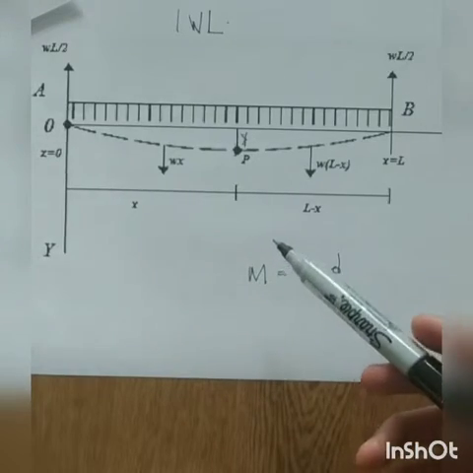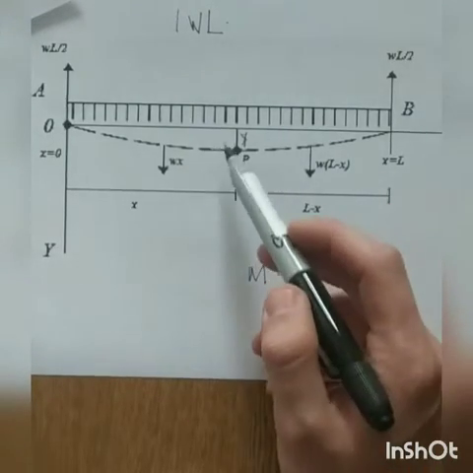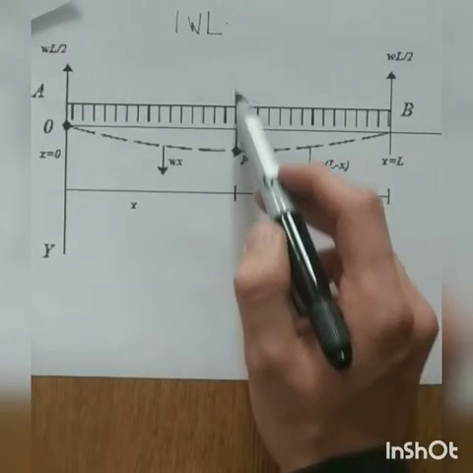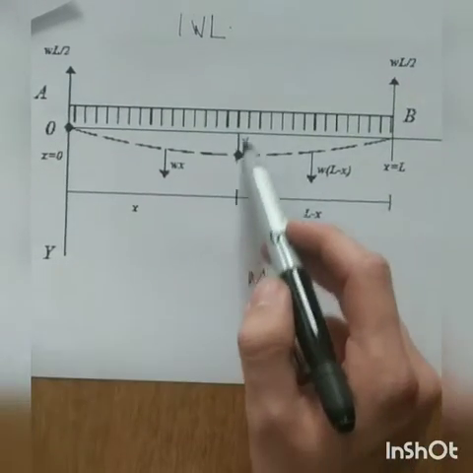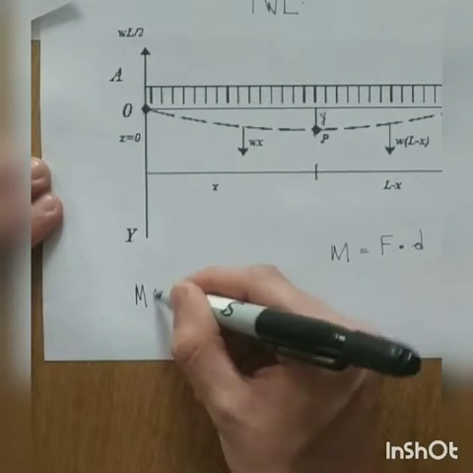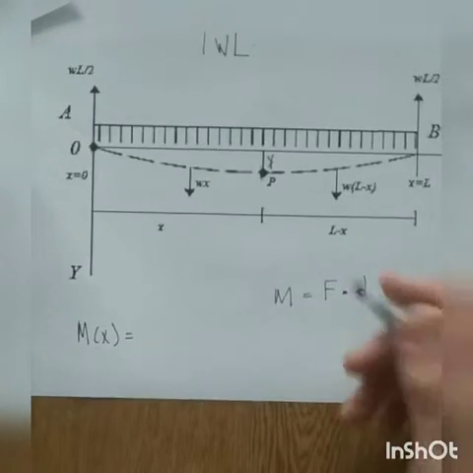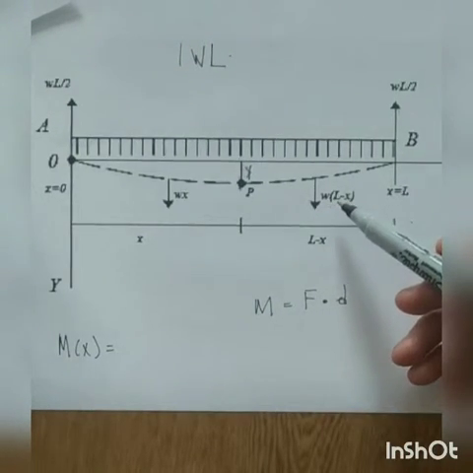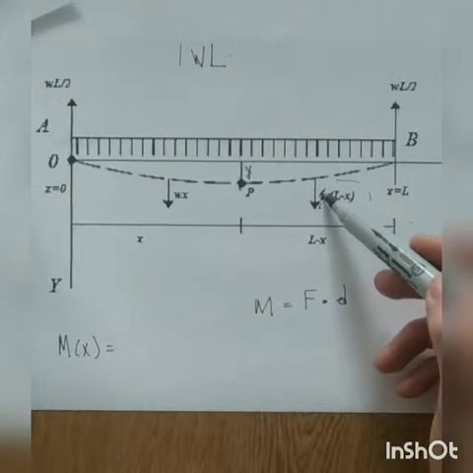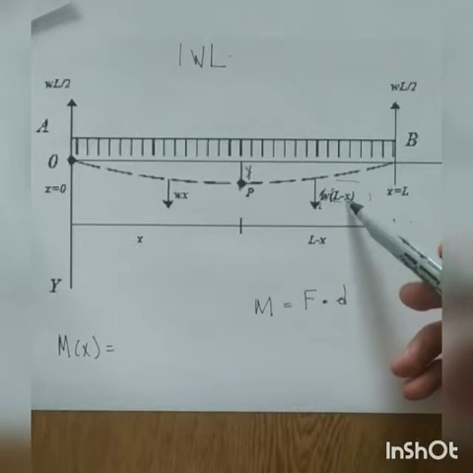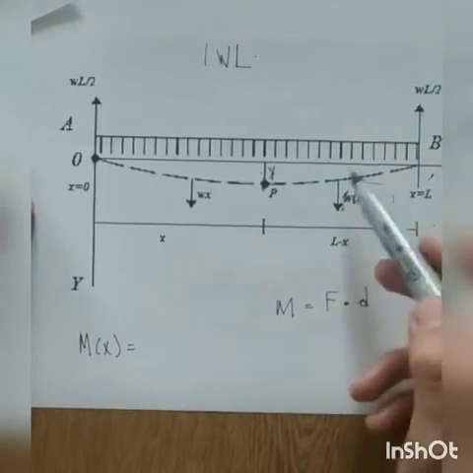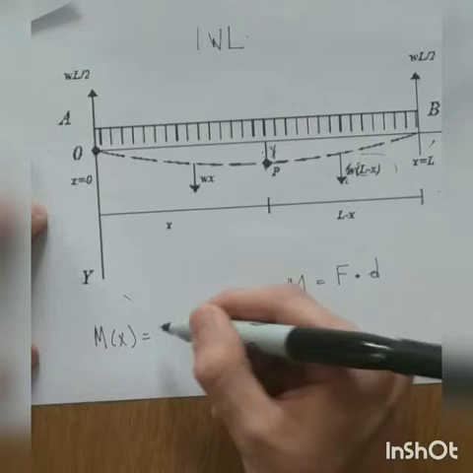So given that, we're just going to find the value of all of the momentums that we have in the left side after the point B. So we just want to verify the momentums in this part of the draft. So we have that momentum X is equal to the first force that is being applied here. The first force being applied is this one, because it's the weight of the beam, and the total value from here to here. That is the force being applied to this beam. So we just replace here,